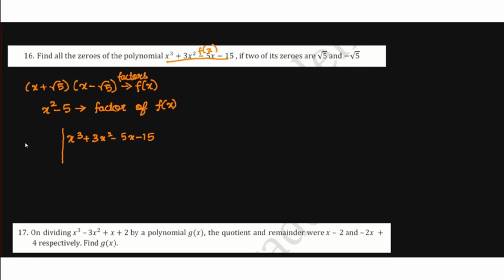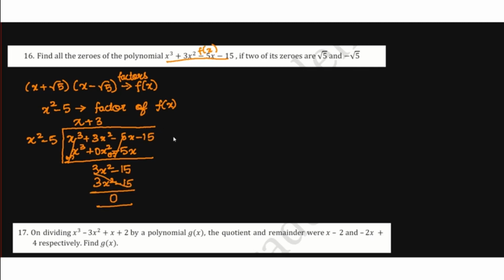When we divide it with x square minus 5, we get x cube plus 0x square minus 5x. So when we change the sign, this gets cancelled. 3x square minus 15. So when I add a 3 over here, the whole term gets cancelled,